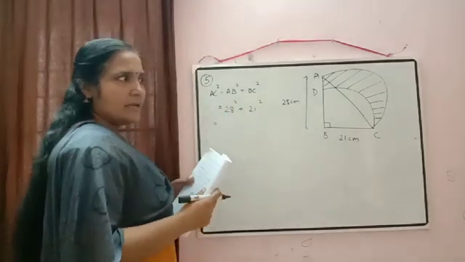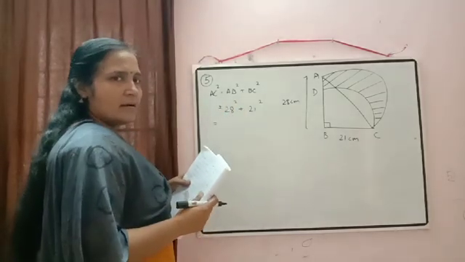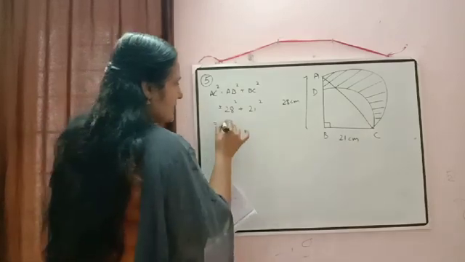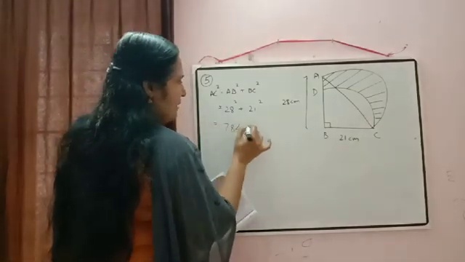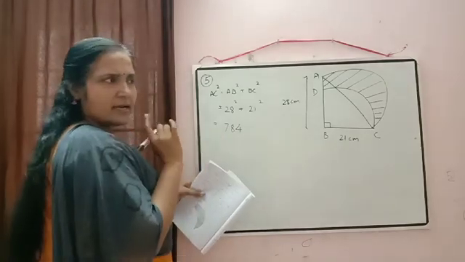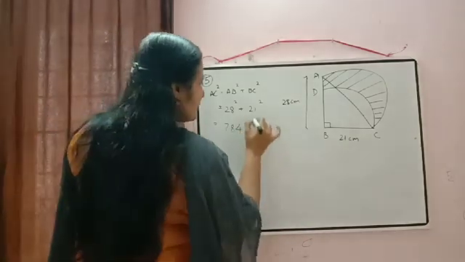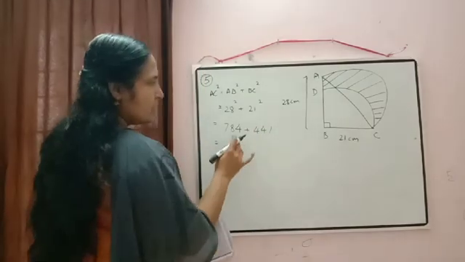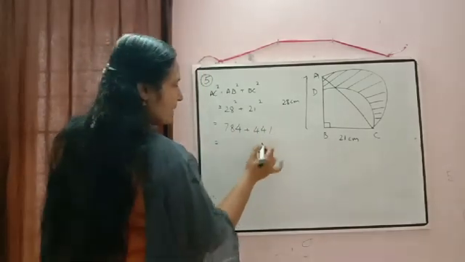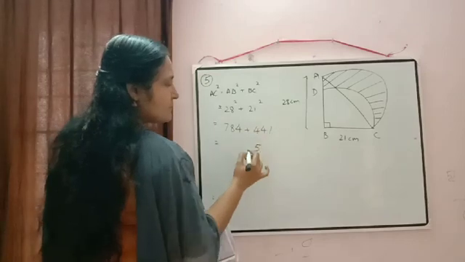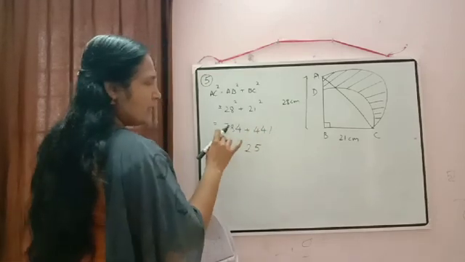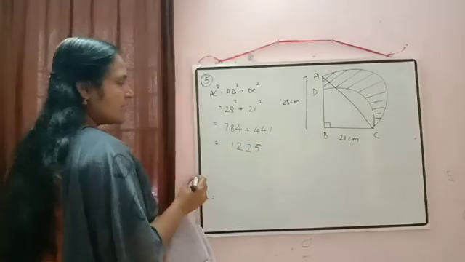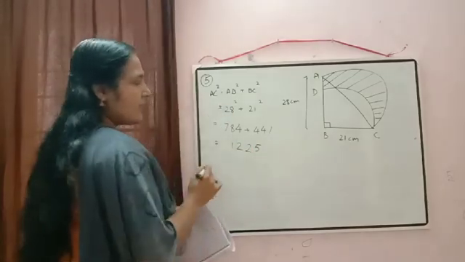Just to check, what will be 28 square? Yes, 28 square, I think it is equal to 784. 28 square is 784 plus 21 square will be equal to 441. So now here it will be 4 plus 1, 5. 8 plus 4, 12. Carry over 1. 7 plus 4, 11 plus 1 is equal to 12. So we are getting here AC square is equal to